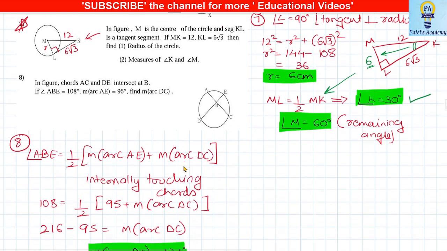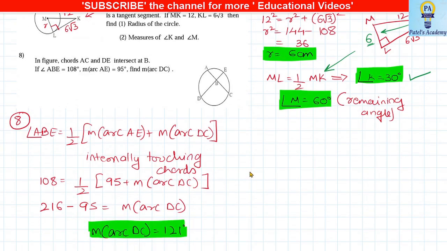The next sum, yes, again this is important students. This is the sum I was talking about previously. Here, if you see, the two chords intersect inside, in the interior of the circle. So the property is: this angle here, I'm marking it red, is equal to half of this arc plus this arc. We are adding these two arcs, in the sum we did previously, it was outside, so it was minus.